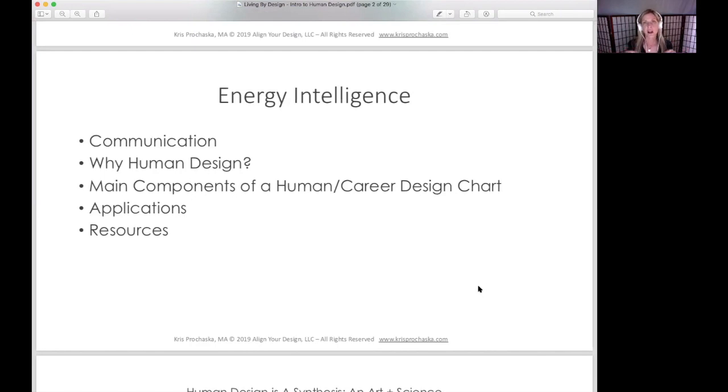But if we know what's right about us, what our strengths are, and how we're interacting with one another at the core, the root, remember, energy is the core and root of everything, the essence of everything. If we can map it there, we can start to shift it there. And that's really what that underlying energy intelligence is all about. And human design, as I said earlier, is a map of your energy.